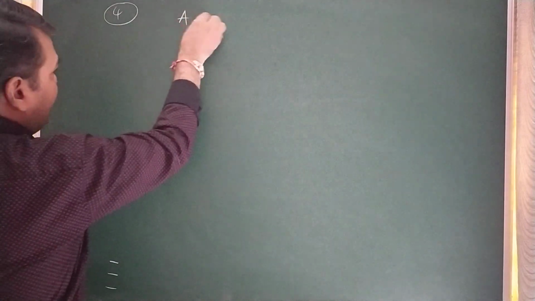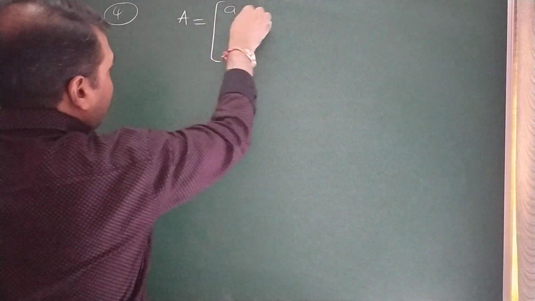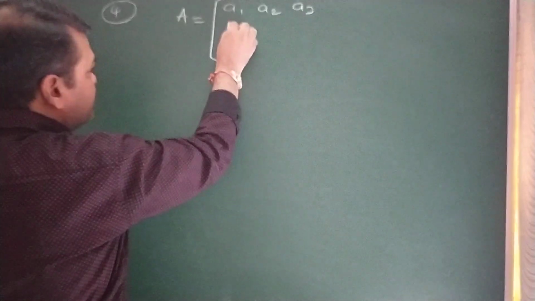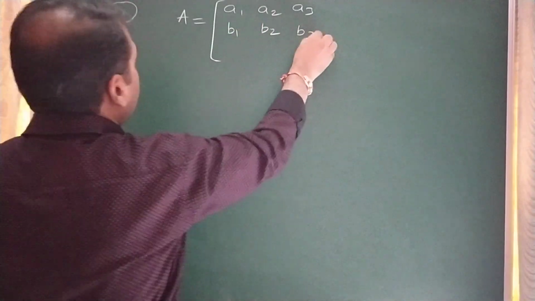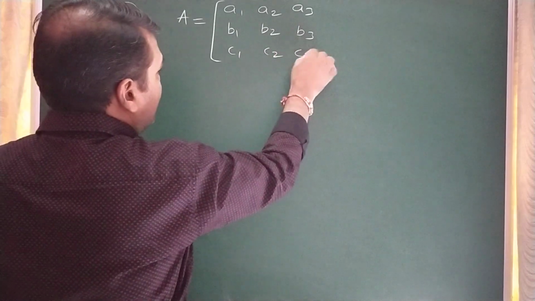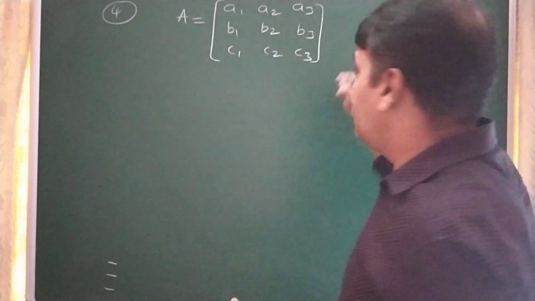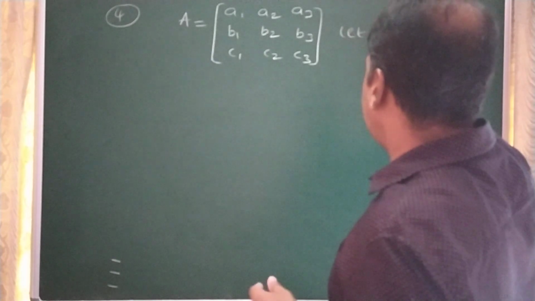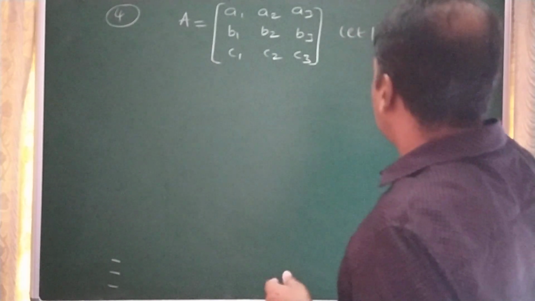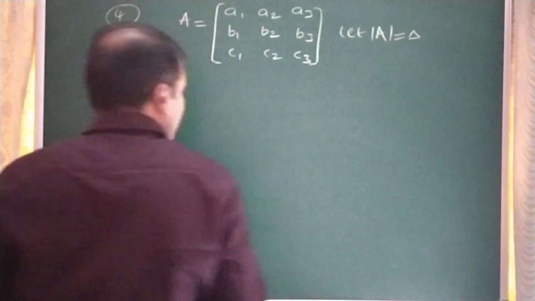Okay. Now let us come to the fourth property. So the fourth property is, if I take a 3 by 3 matrix like A1, A2, A3, B1, B2, B3, C1, C2, C3, I am taking a 3 by 3 matrix like this. Okay. So let us assume this determinant value is equal to some k. So let us take det A is equal to some delta. Why k always? Det A is taken as some delta value of the determinant of A.